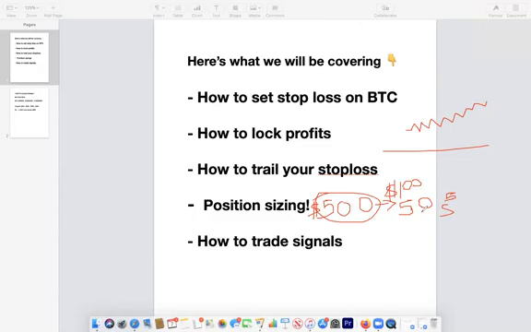This is an example of our signal that we send. You can see buy RLS. Obviously, I will indicate what you are buying. Then the buy zones, this is where people are having issues. And then here, I've already explained this one when I talked about locking profits. And then I will explain this 4-hour close below, or if the market closes below. So now this buy zone actually means